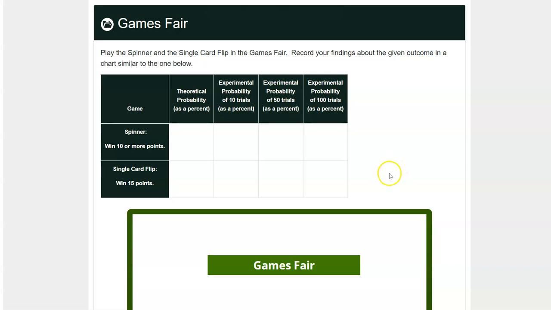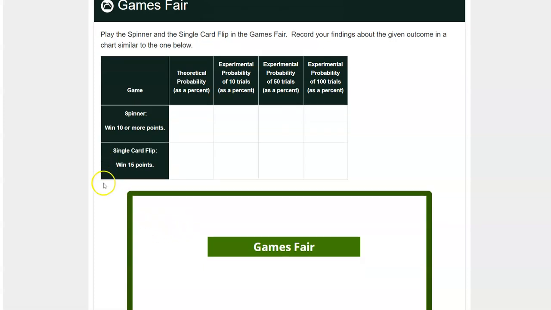But as long as that coin isn't weighted, if you keep going, your experimental probability of 71% will approach the theoretical probability. In this case, the theoretical probability of flipping a tail is 50%. And if you keep going over time, experimental probability will